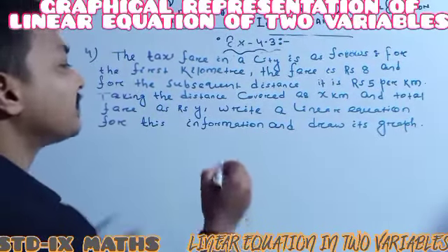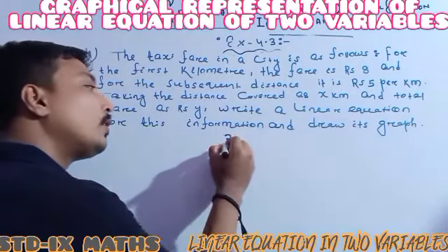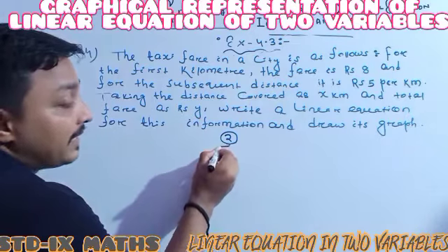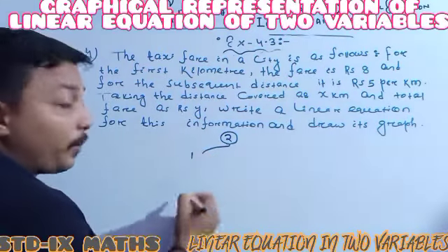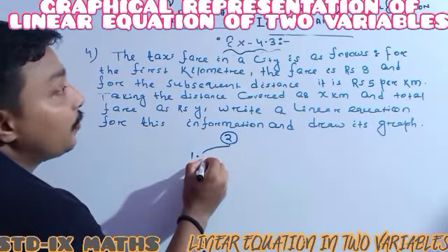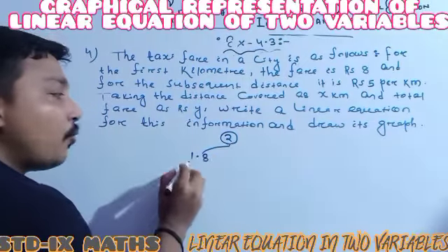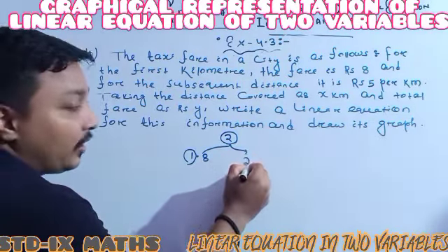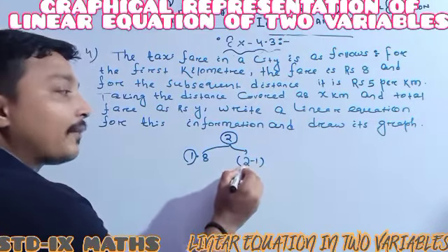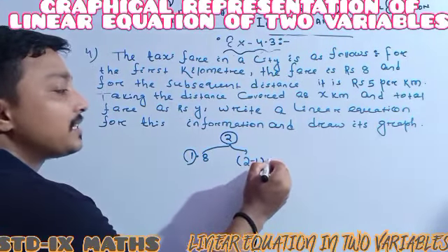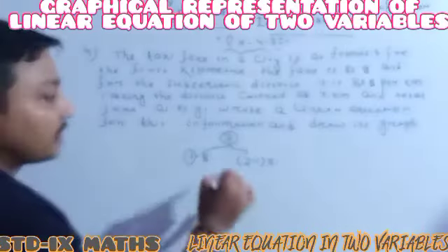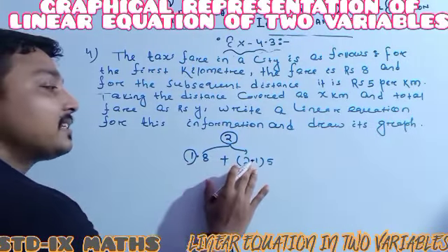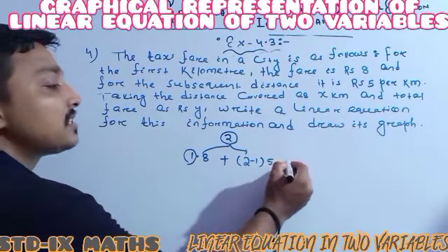It means, see, suppose you are traveling 2 kilometers. So the first 1 kilometer, always you have to give ₹8. Then how many kilometers are left? The remaining kilometer is 2 minus 1, and for the remaining kilometer, it will be charged ₹5. So the total is: first kilometer 8, then the next is 1 into 5 equal to 5, which is our 13.